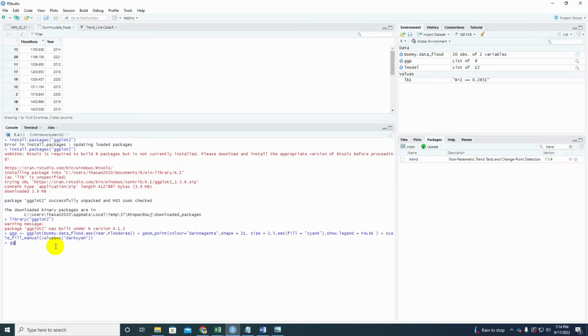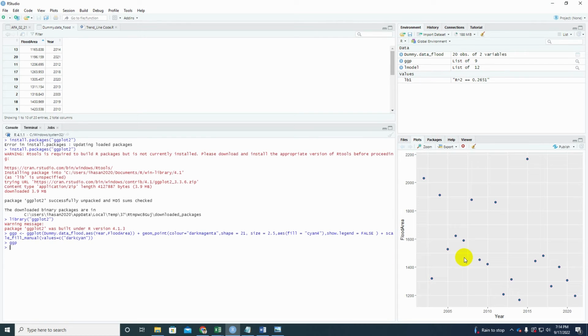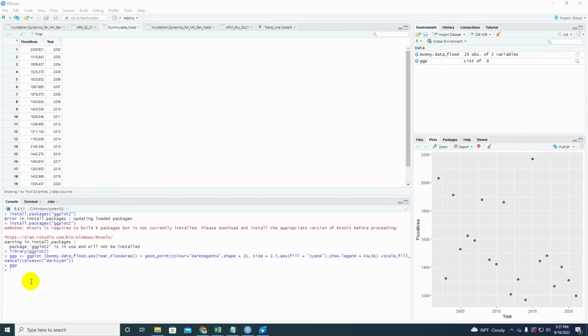Okay, look, here we go. We have this plot which demonstrates the flood area and the corresponding year. So the properties we assign for each plot are also aligned with our consent. Okay, now let's proceed to the next step to draw the linear regression line which will fit